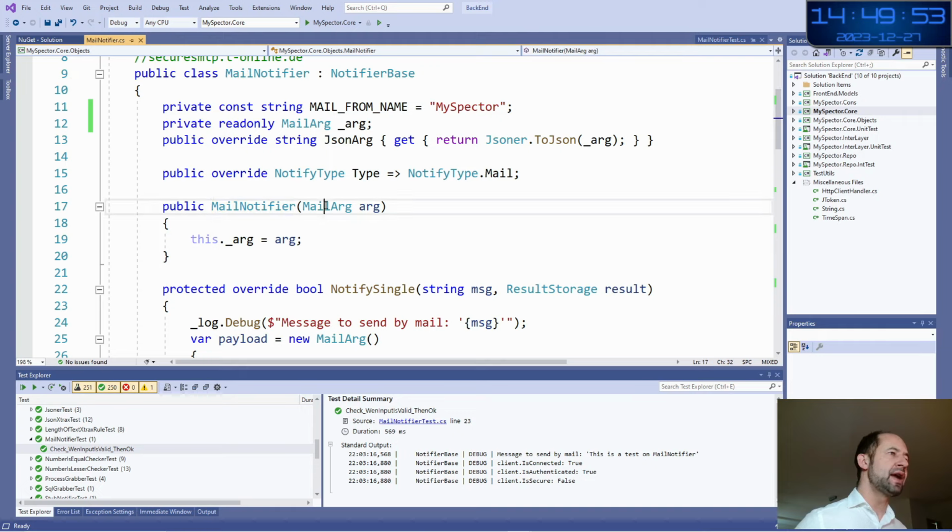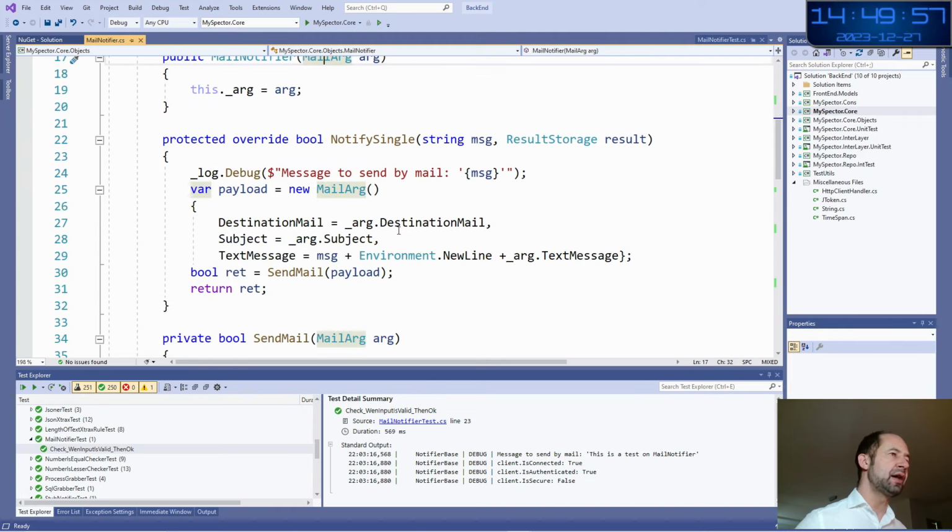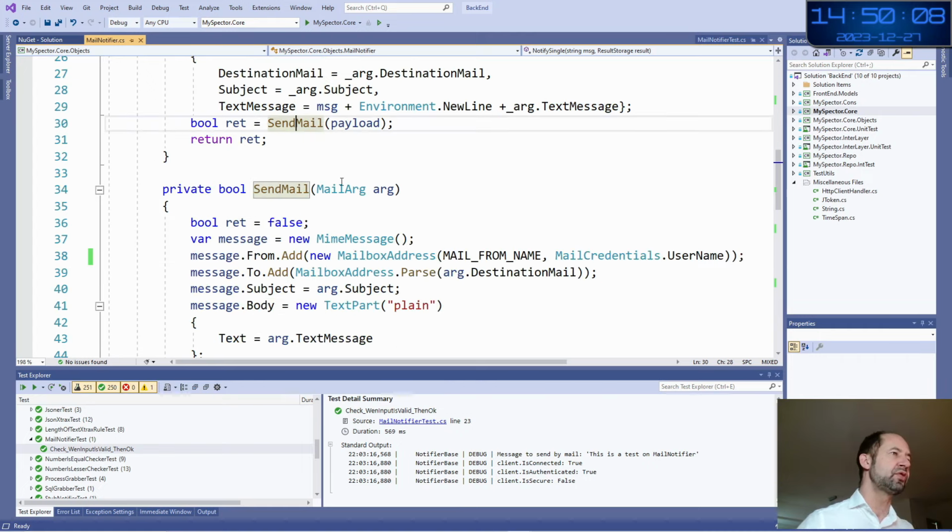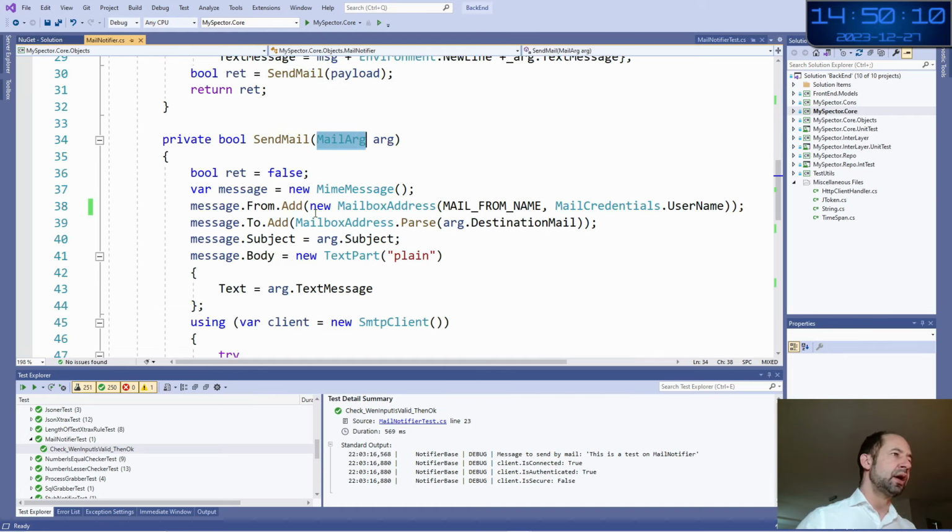And the mail argument is giving different parameters: the destination email, the subject, and the text message. Then I send this to a method that I have created with the mail arg, on which I create a MIME message object. On the from field, I am hiding the mail from name. This is the name displayed.